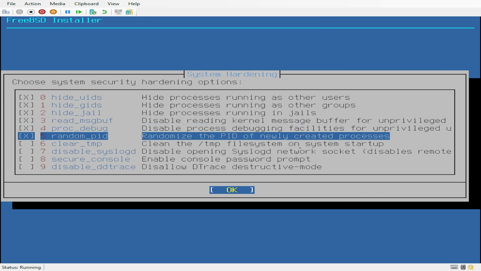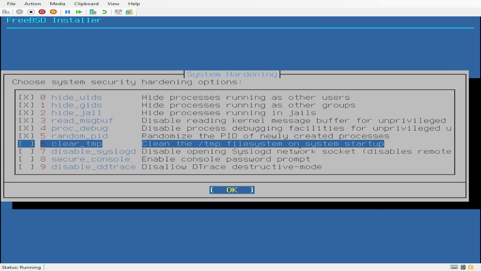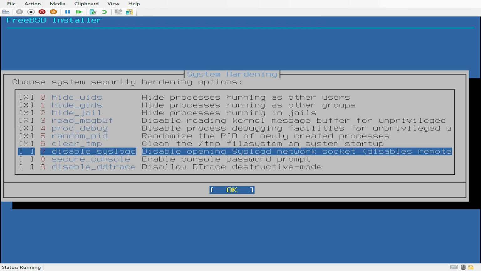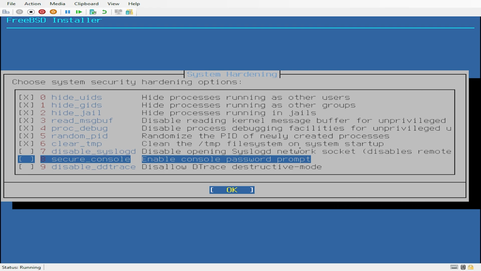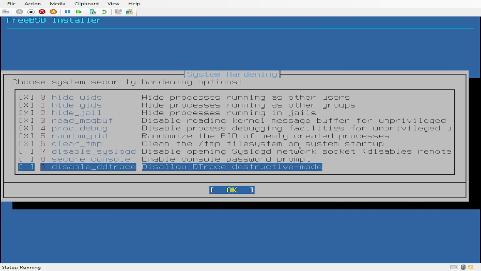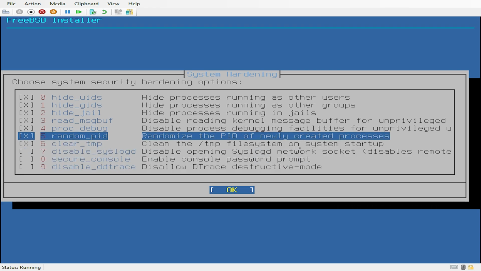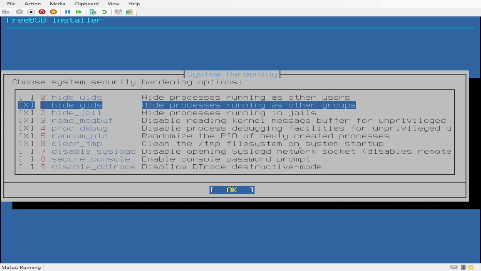We may want to enable random PID. We're going to clean or clear the temp file system on system startup. We're going to disable syslogd. We're going to enable console password prompt. And then we're going to disallow dtrace destructive mode. There's a bunch of things that we could do here. For what we're going to do here,